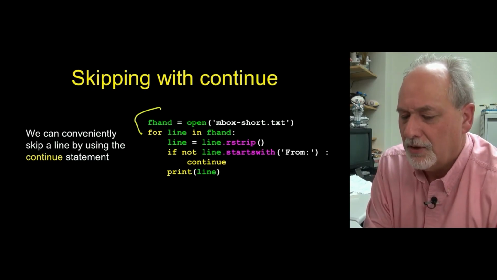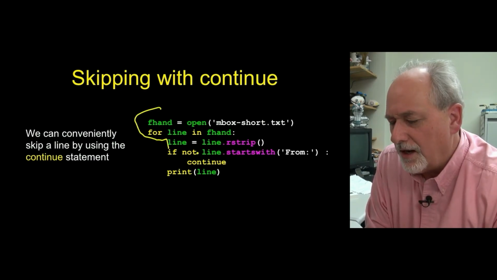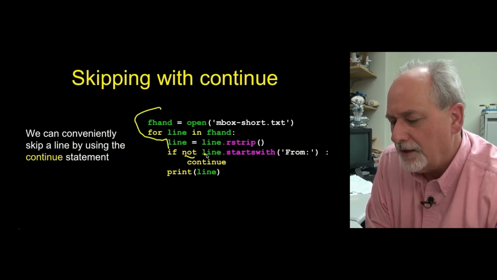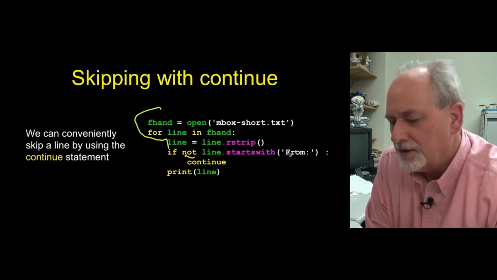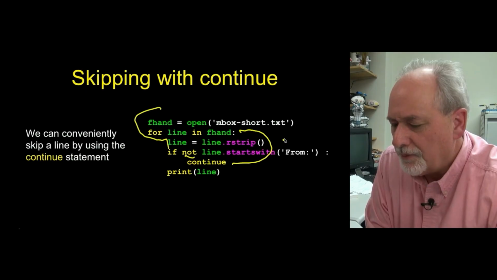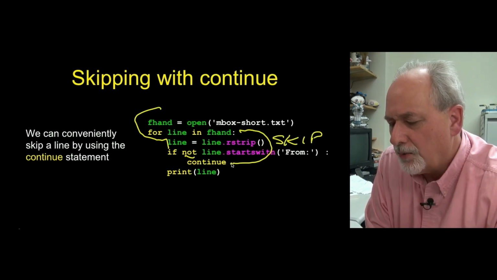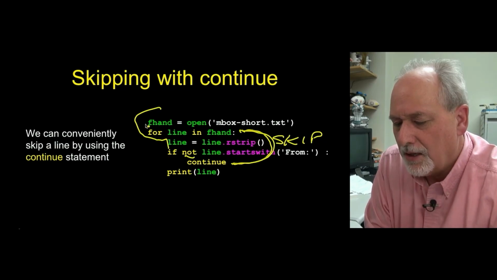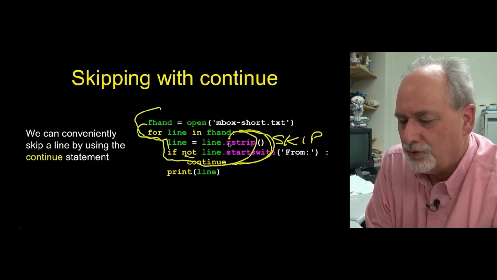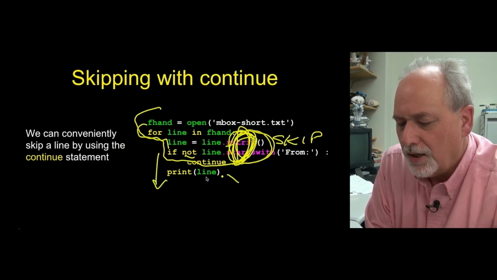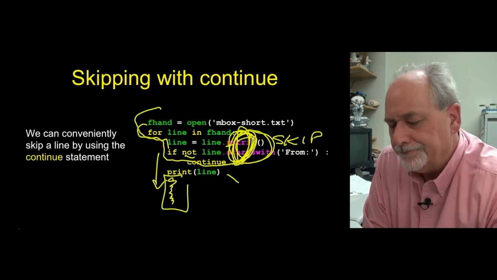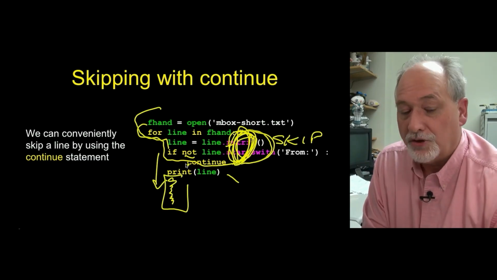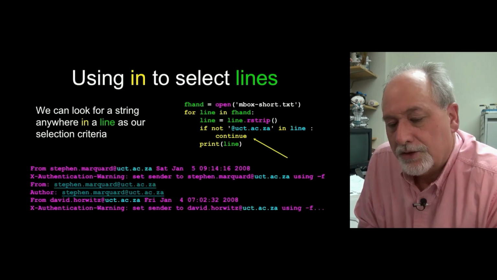The top part is the same, we're stripping it, and everything's the same here except we add this not. If the line does not start with from, that's the translation. If the line does not start with from, continue. So basically we have a skipping pattern. The lines we're not interested in, we skip. We come down, we skip a lot of lines, and then we find a line that's good, and then we fall through. So this is the good code, and then we have all the other good code that we want to do to that line. There's just two patterns, two ways to do the exact same thing.